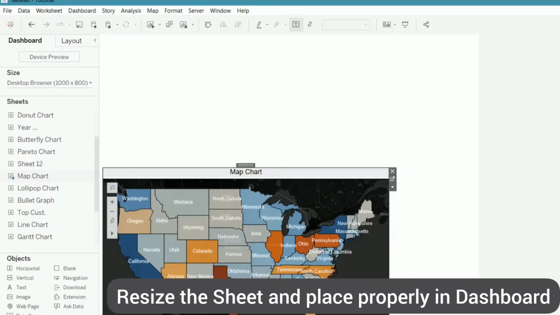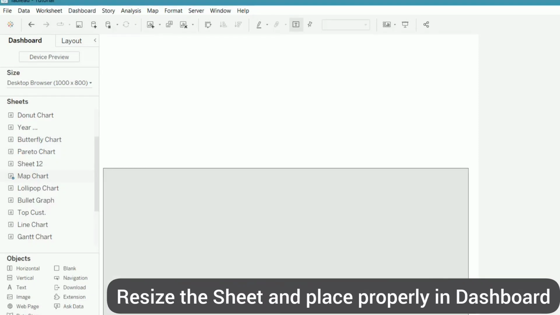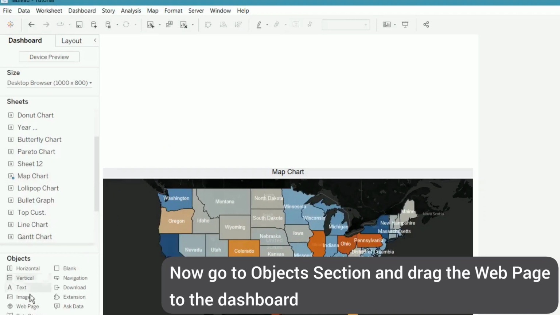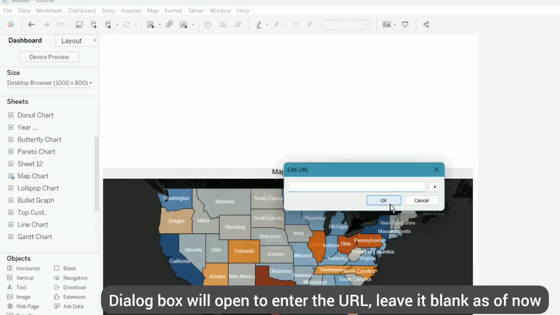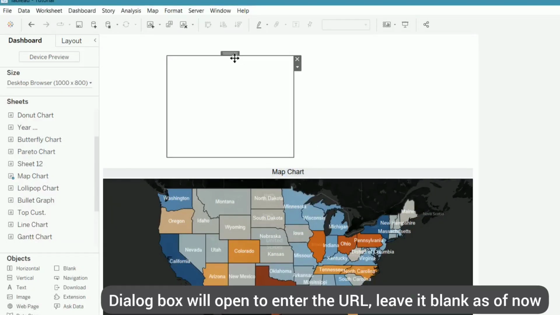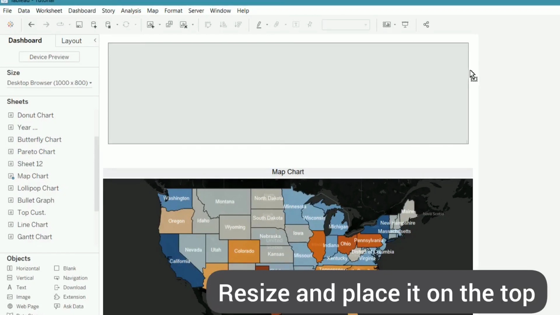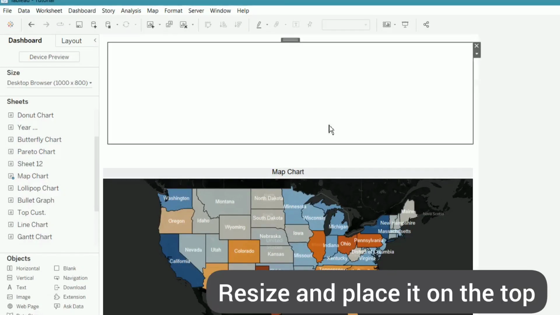So for it, what I will do, first I will just resize my map chart here by placing it in the dashboard. Next, I will go to objects and click on web page. I will drag the web page into my dashboard. I will not enter the URL as of now. Just click on OK, leaving it empty, and resize the web object and give it a good amount of space